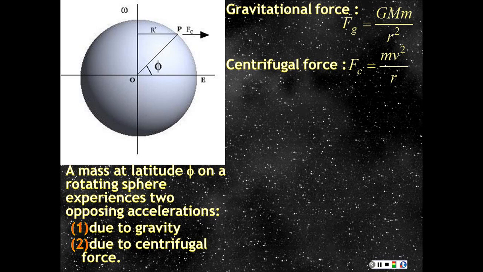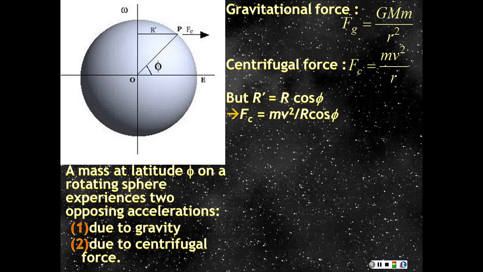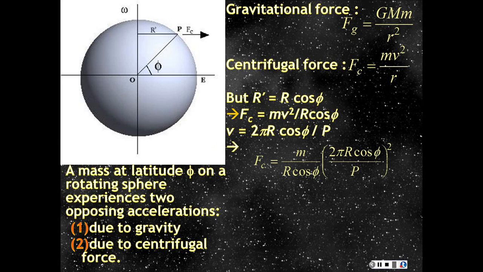but now we have to consider what the r is. If this thing has a radius r, then for the centrifugal force, r prime is the relevant radius, because that is the radius of the spin. And so it's actually r cos phi, where phi is our latitude. So we now have that the centrifugal force is mv squared over r cos phi, and again it goes at a constant speed, so 2 pi r cos phi is the circumference of the spin, and the period is P, and so we end up with an equation that looks like this,